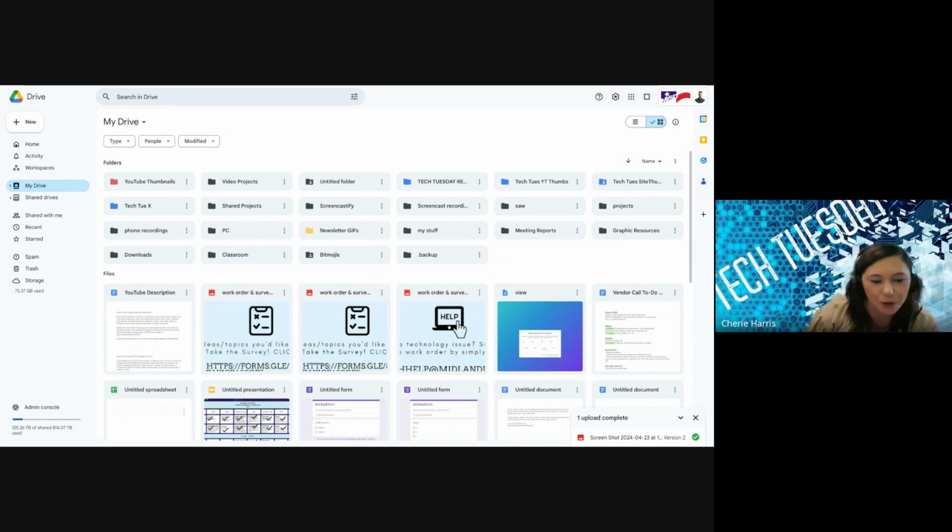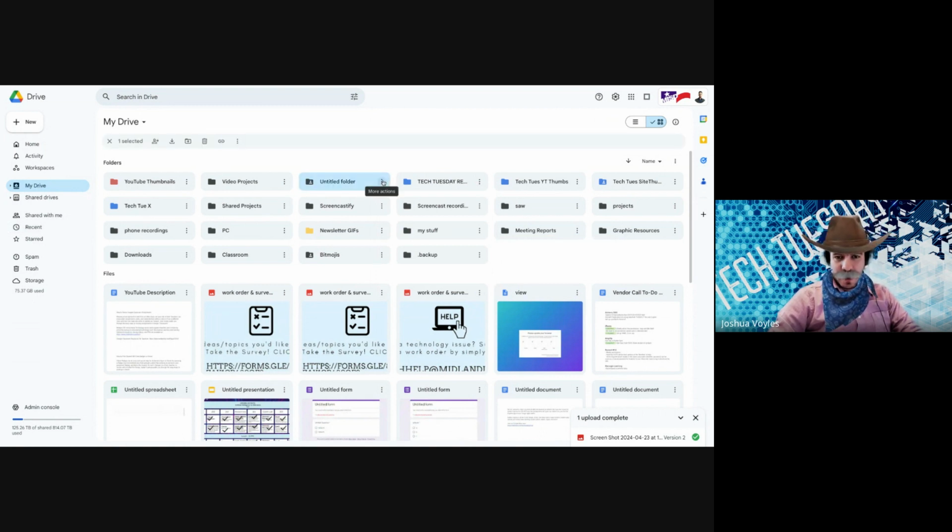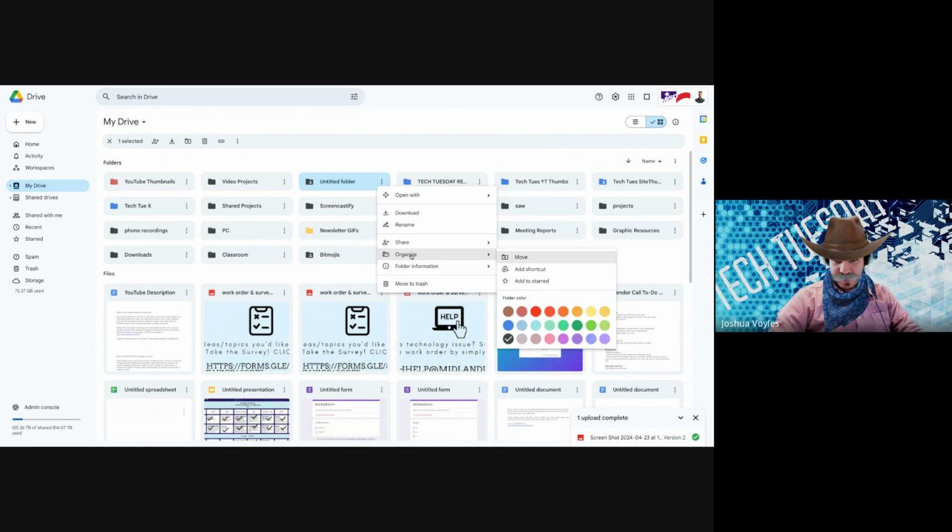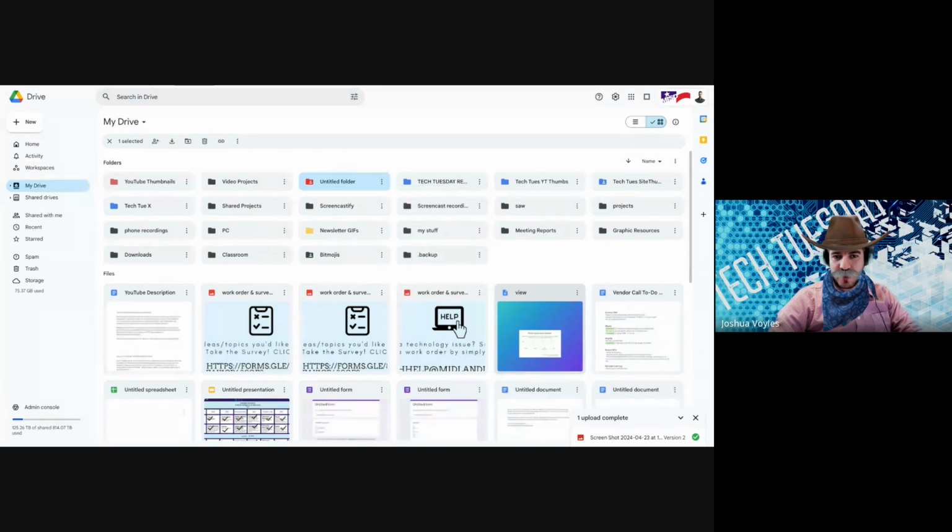So Go to, it says organize, Josh. Go to organize. It is organized. I was looking at my cheat sheet over here. So you're going to go to organize, and then you've got all your colors. So you've got a color palette there. So if I wanted to make this shared folder red, I know it's super important, that's how you would do that. Pretty cool, right? The next part here is I'm